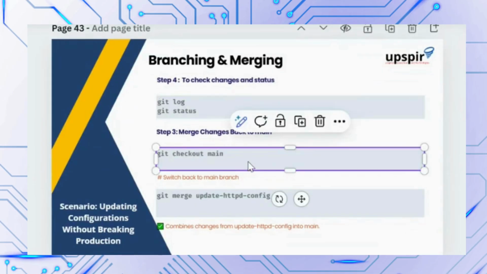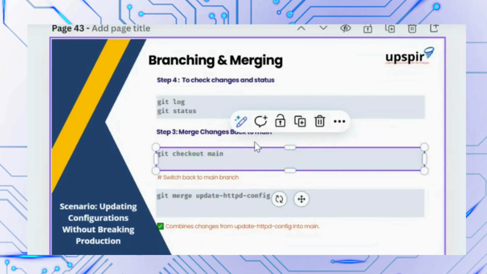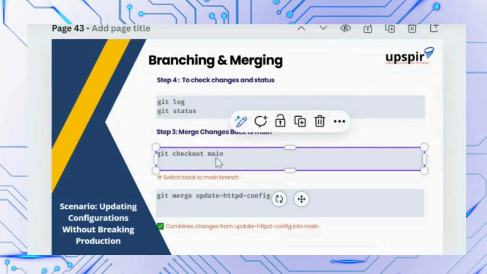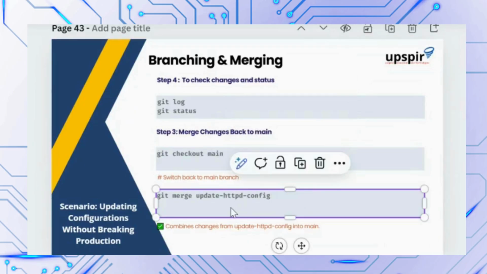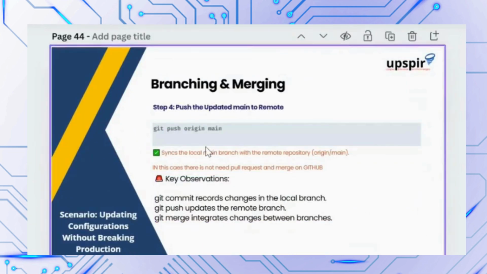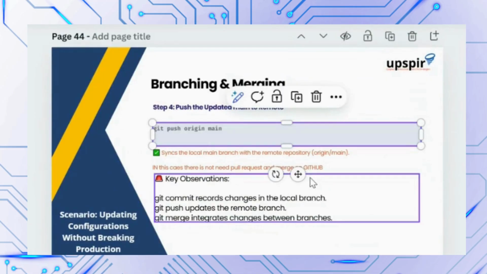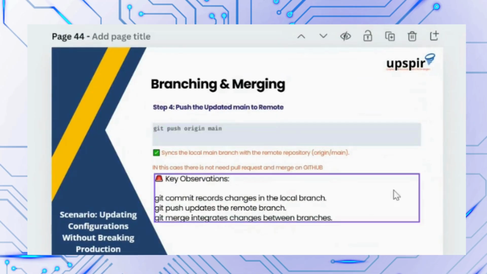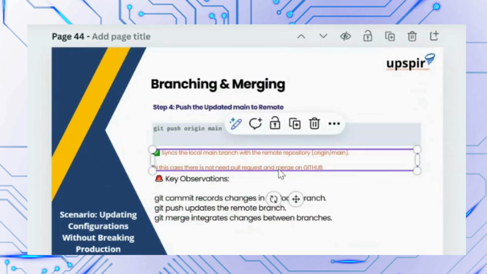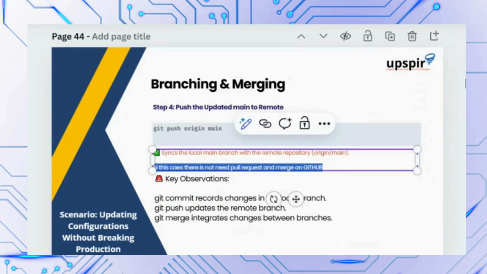Now you go back to git checkout main, right? So this is what I told you. Again, you can go back to your git checkout main and you do a git merge with your new branch. And here you just simply do git push origin main. Now, very important thing is that in this case, you will not even need to